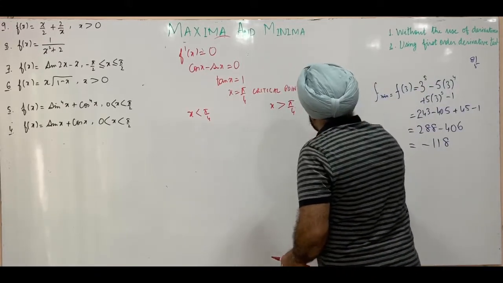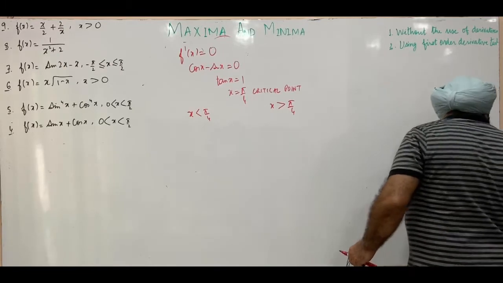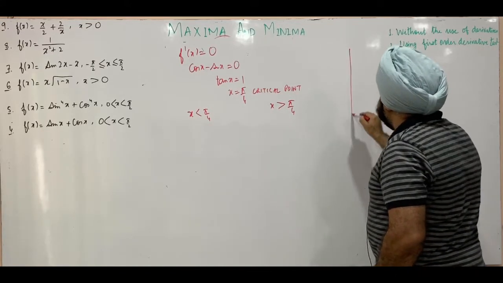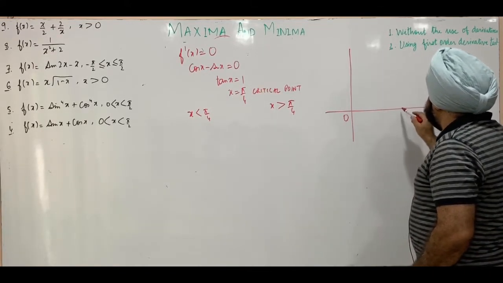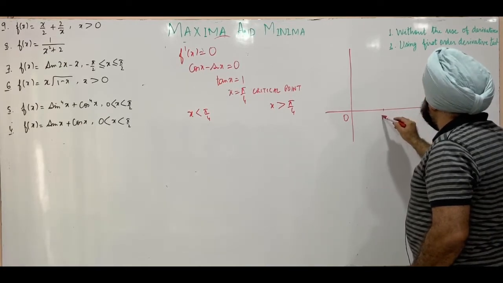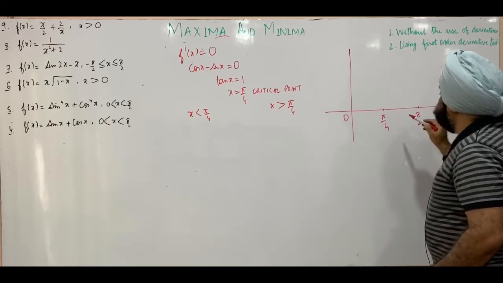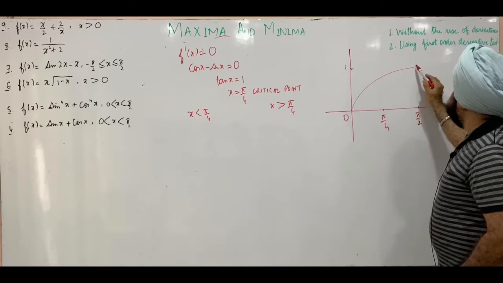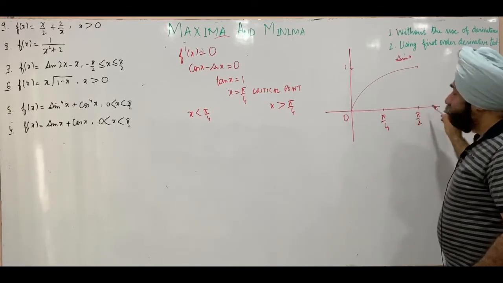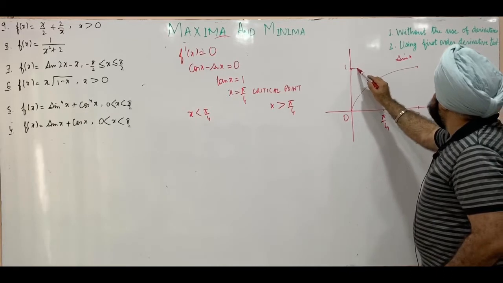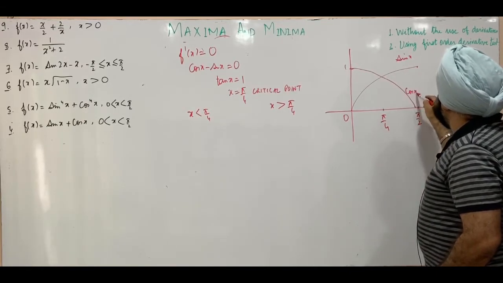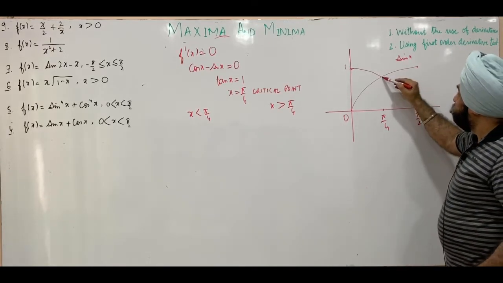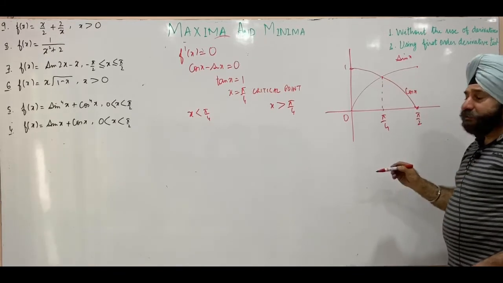We take help of a graph here. We plot two graphs, one graph of sin x, the other graph of cos x. So this is from 0, and we need up to x equal to pi by 4. So let's say this is pi by 2. So for the sine function, this is 1. This is the graph of sin of x from 0 to pi by 2, and this is the graph of cos of x from 0 to pi by 2. So what do we observe? At x equal to pi by 4, the two are equal, they are intersecting.